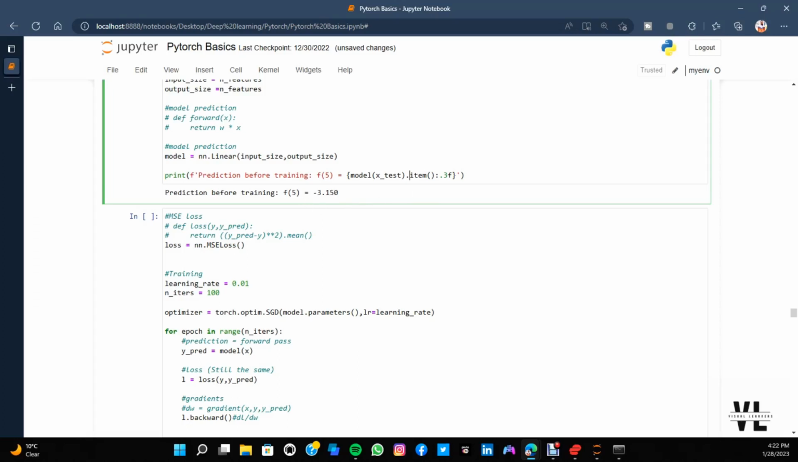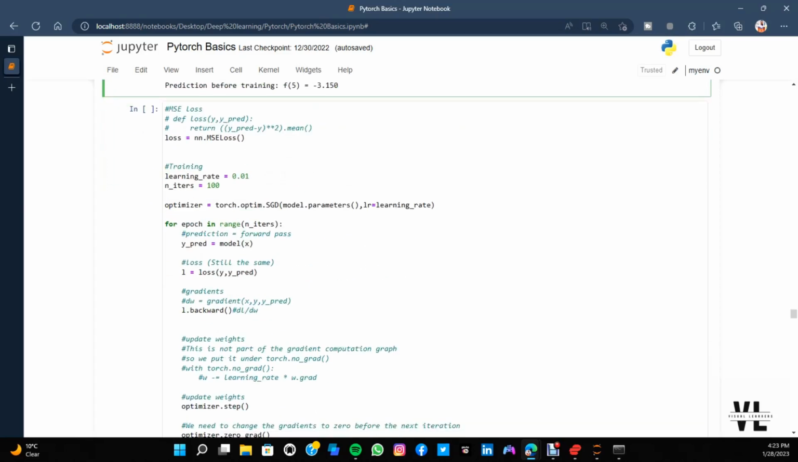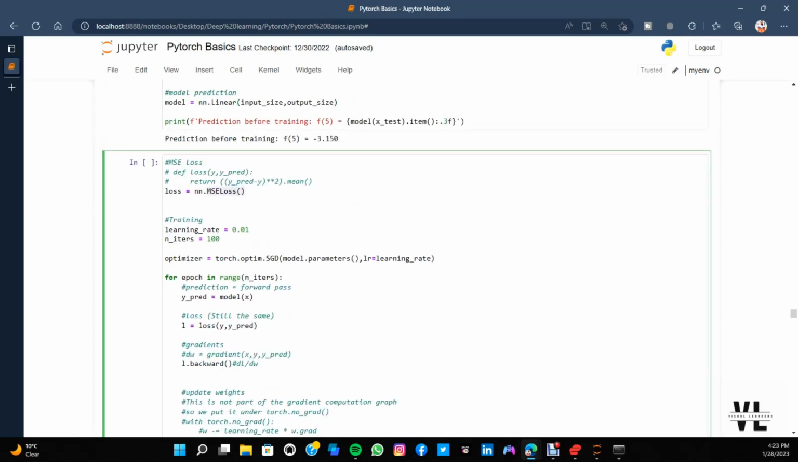Now it's giving us a garbage output because we were expecting that 5 must be multiplied by 2 to give us 10, but now it's giving us -3 because the randomly initialized weight and bias from the linear model wasn't good enough. So in order to train our model, we have to use the MSE loss from the neural network